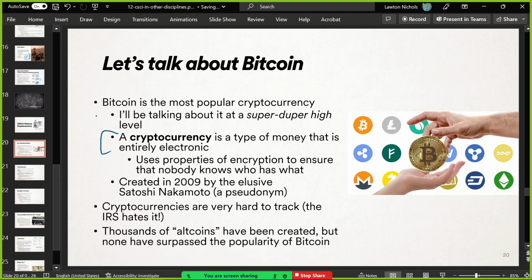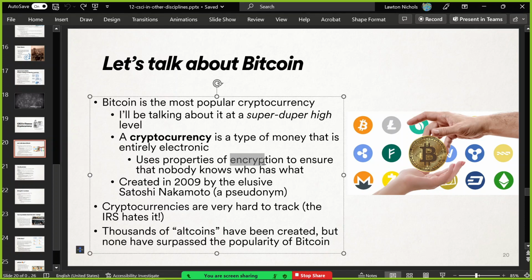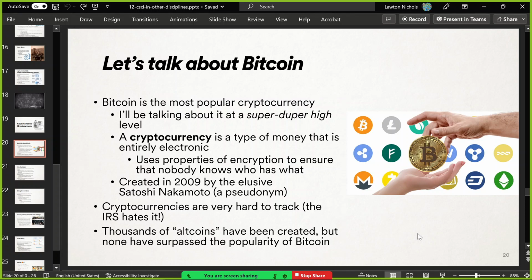It's money. It's a way to spend something and to own something and have nobody else own your stuff. It's money, and you can spend it, and it is completely electronic. It uses encryption, in fact, to make sure that your money is your own. Nobody can take stuff out of your account, and also to make it so that nobody has any way to link your cryptocurrency account back to your name unless you cash out or something, which is interesting. So you've got the concepts of RSA encryption. Remember that? That's keeping your